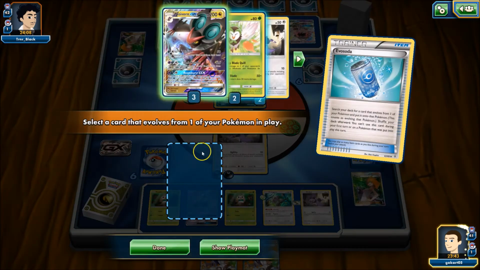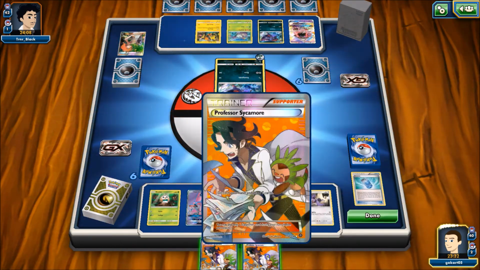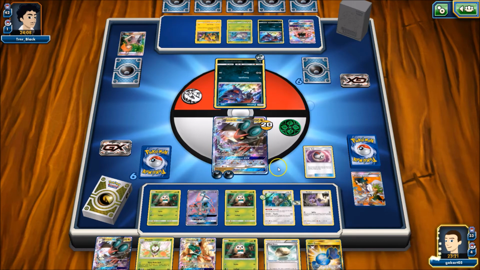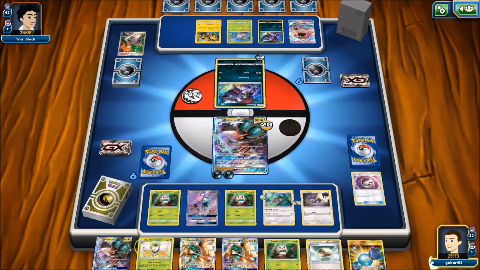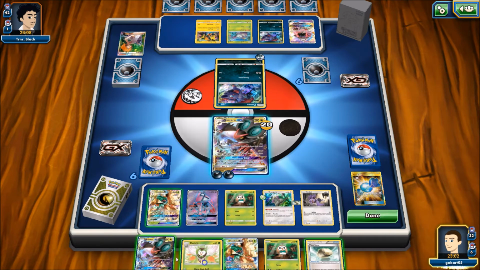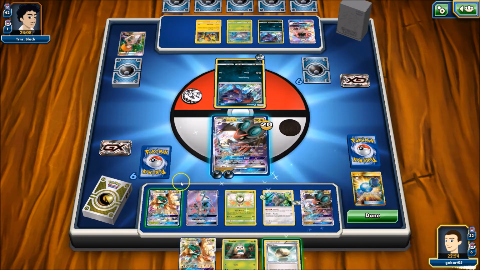I go ahead and attach another energy to the active and use my Evo Soda to go into Noivern GX. And a Sycamore in my hand, draw 7 new cards. I do have the Rare Candy Decidueye in hand. I played Timer Ball, flip 1 head, so I grab a second Decidueye. I'm going to evolve into Dartrix, and then next turn I'll have the second Decidueye evolved, as long as I